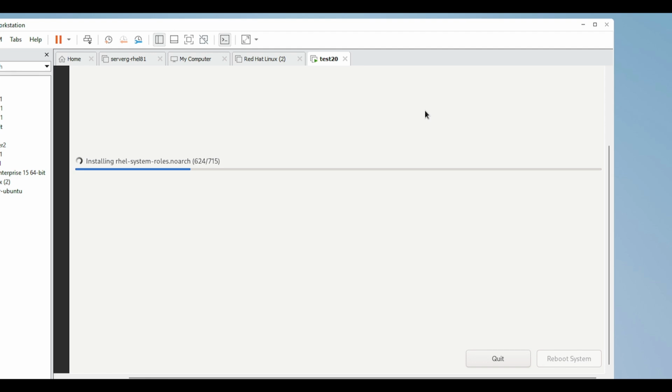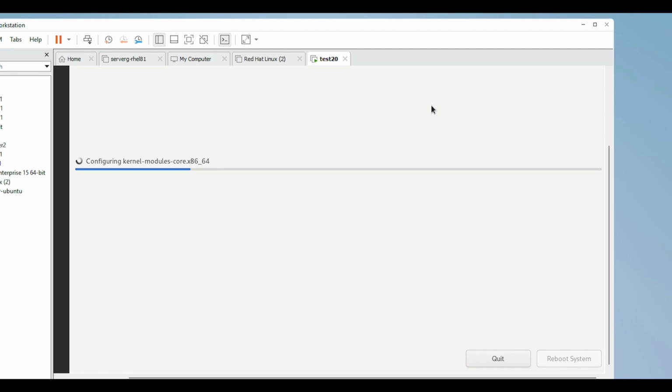I am not a user of lvresize; I am using lvextend. So for lvextend, you have to check the command format: lvextend, then hyphen capital L with the size, and sometimes with small l, then you have to give the disk size in chunks.